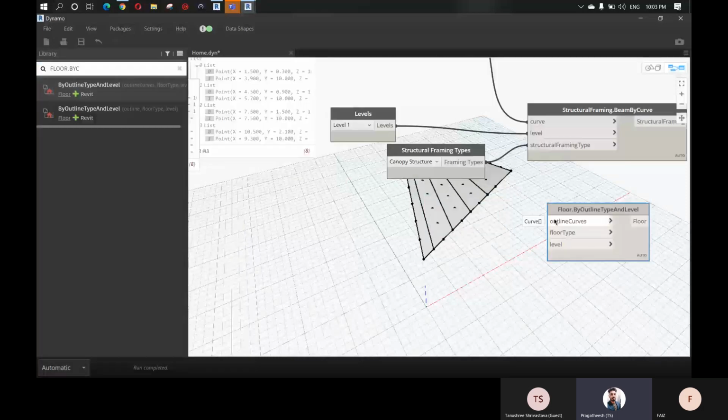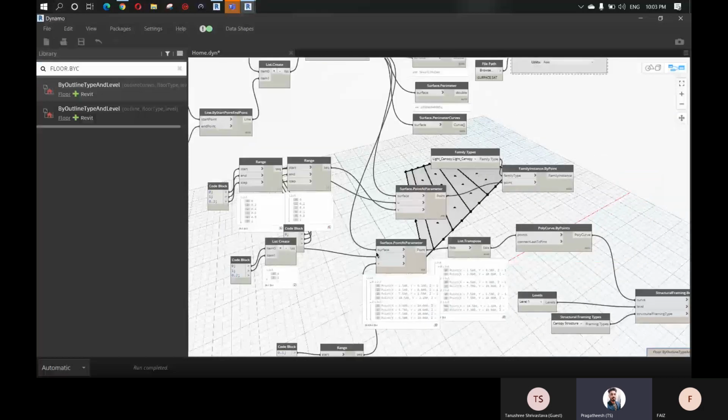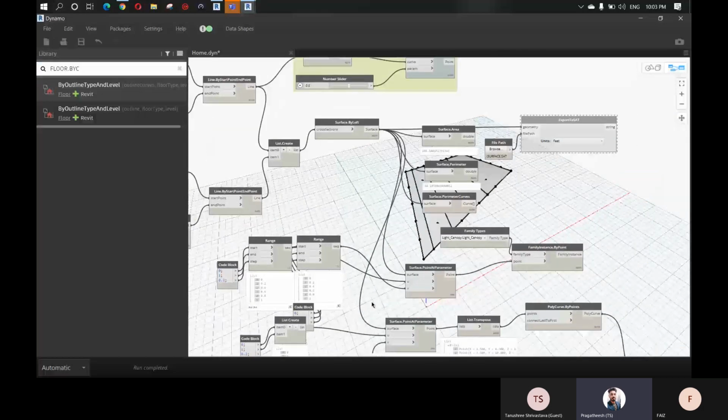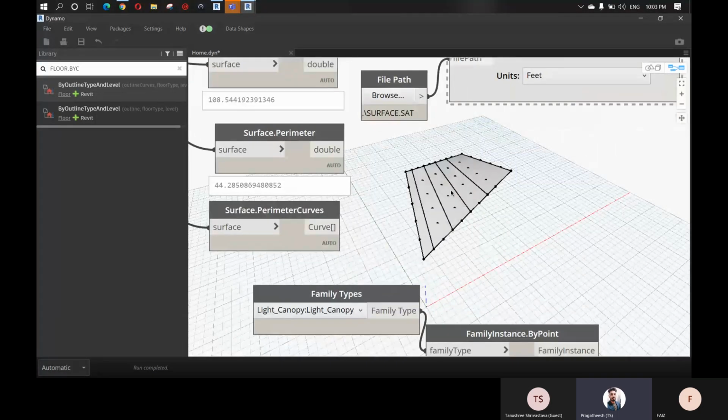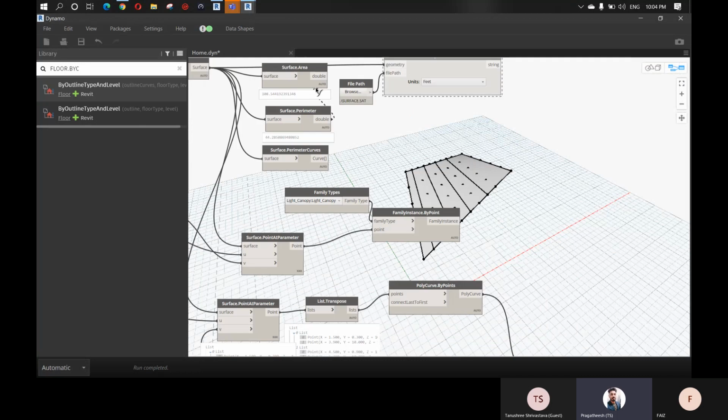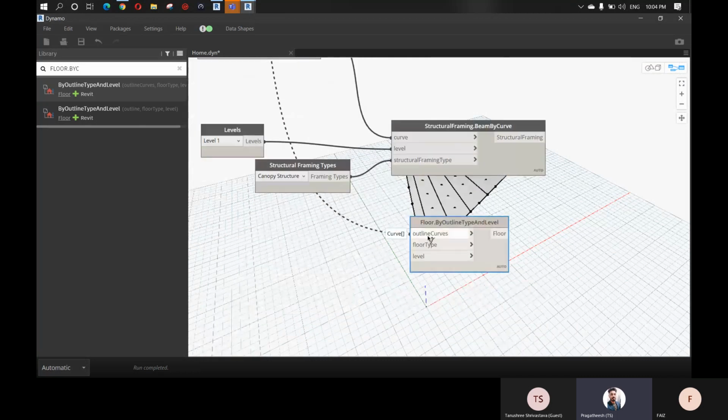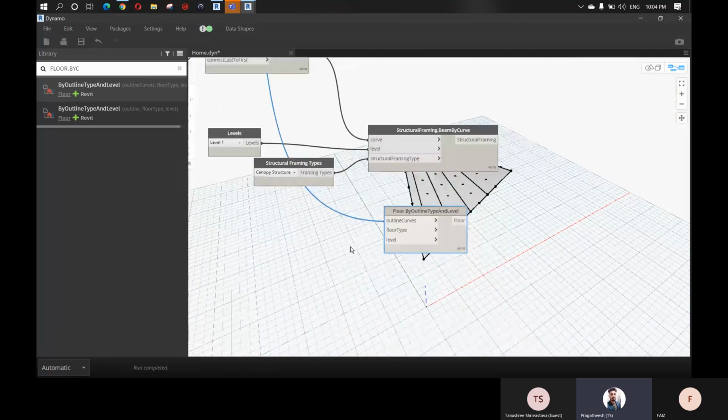Fine. So we need the outline curve. So we have the Surface.Perimeter we created somewhere else here. Yeah, Surface.Perimeter. Because we are going to create a floor with the help of the perimeter above this canopy, right? So use the perimeter as a curve, outline curve. Okay. Next,